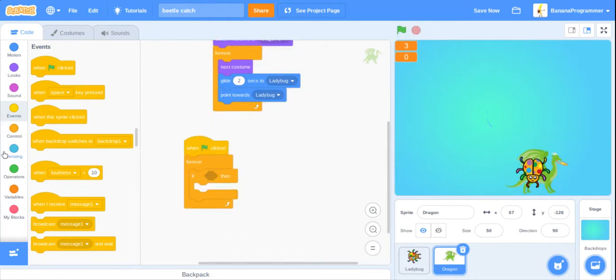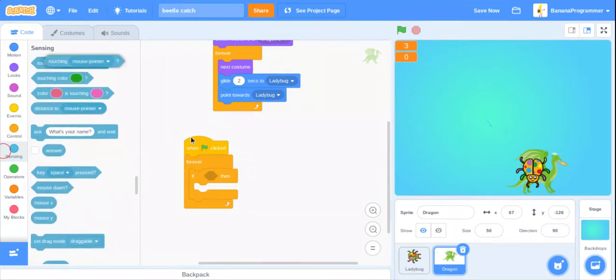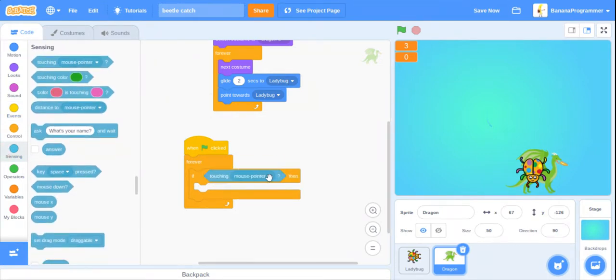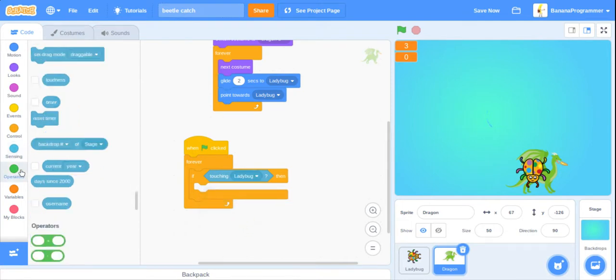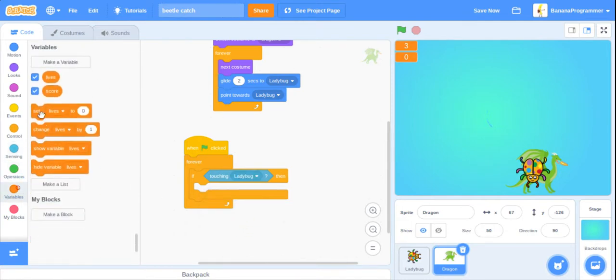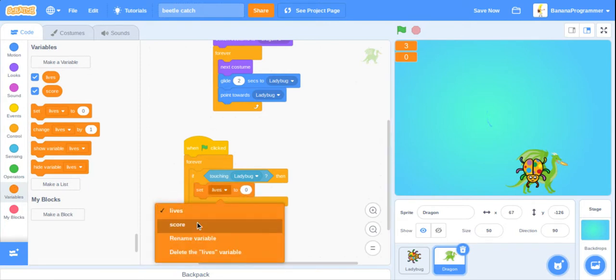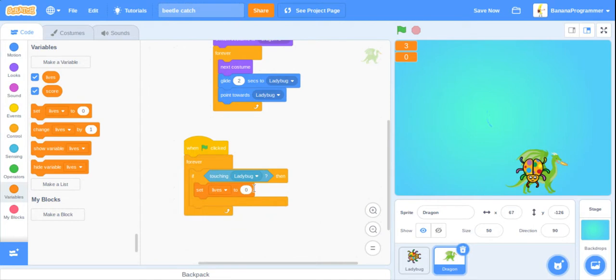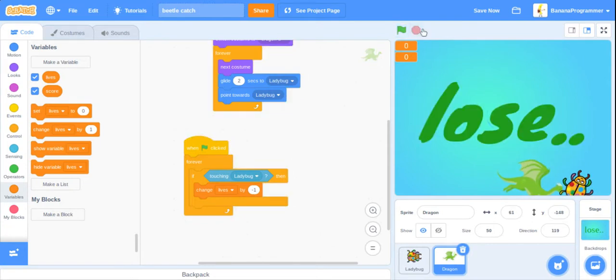If then touching ladybug. Set score to 0. No. Just change lives by -1. Not by 1. Make sure it's -1. Okay. So actually,